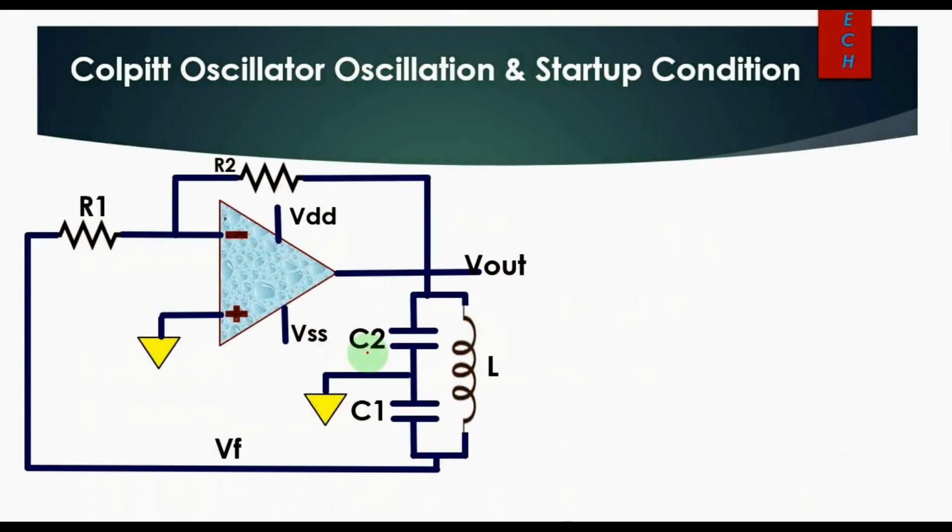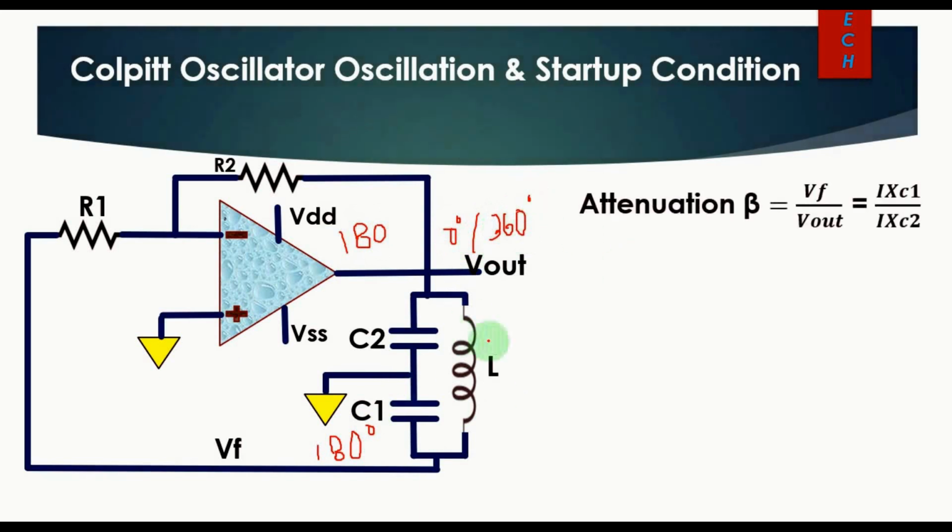So this is the basic circuit diagram of the Colpitts oscillator. Okay, now we will understand the oscillation and startup condition for the Colpitts oscillator. So here you can see an LC tank circuit is used. This will give 180-degree phase shift, right? 180 degrees phase shift, and this is your inverting amplifier. This will again give you 180-degree phase shift, right? So you will get a total of 360-degree phase shift at your output, right?